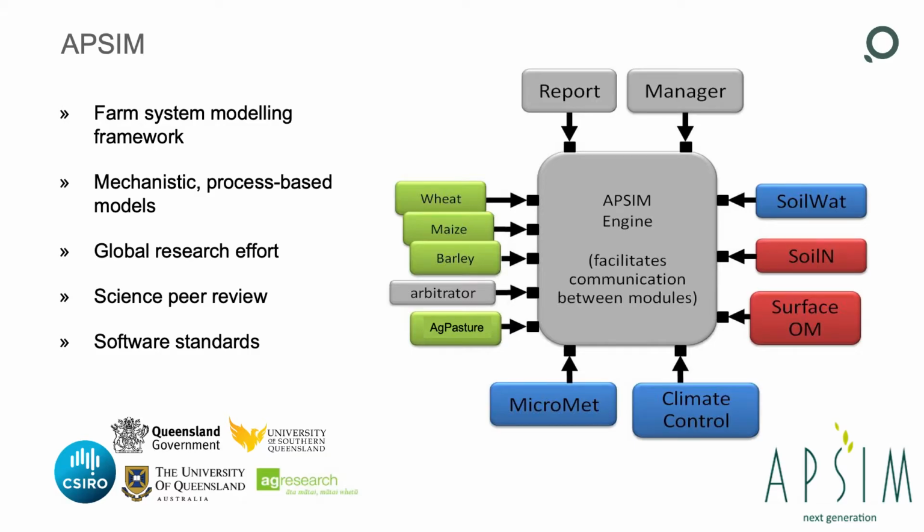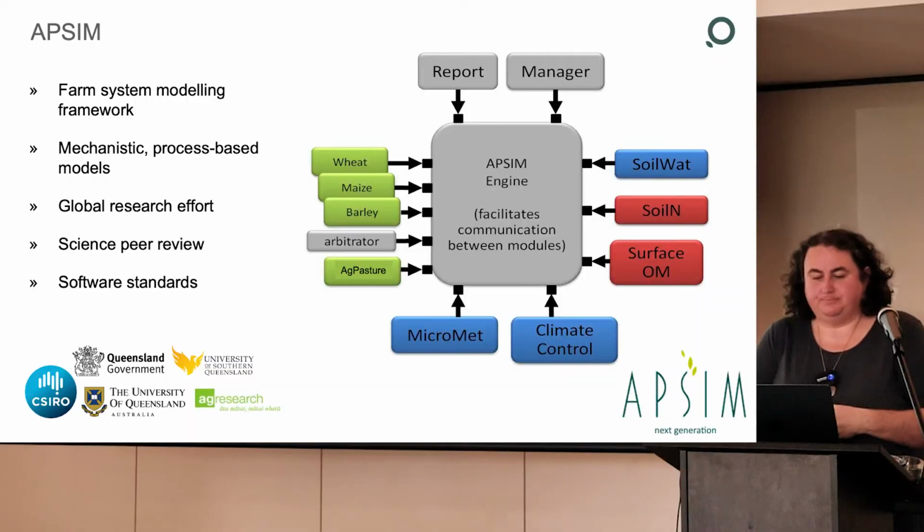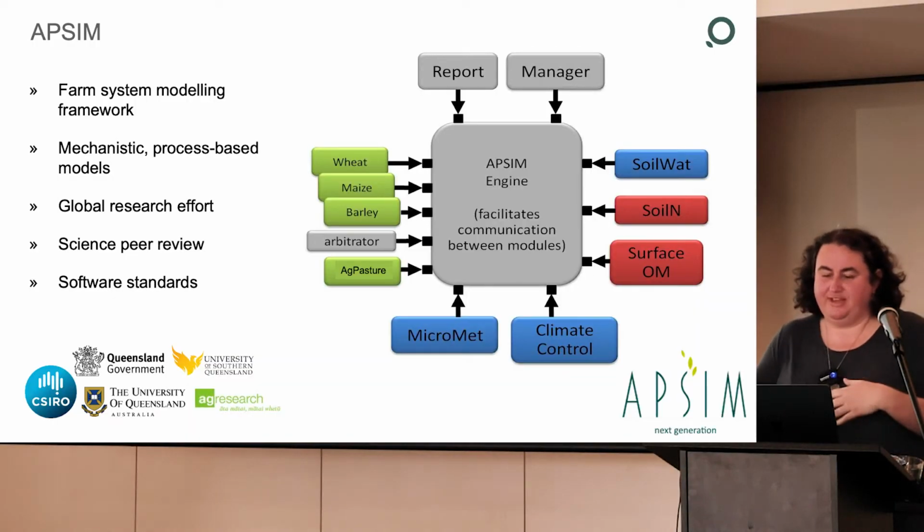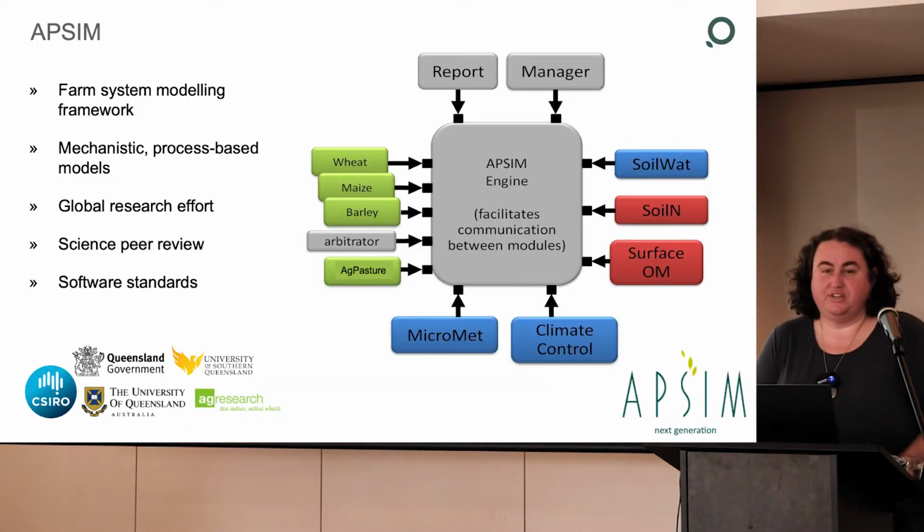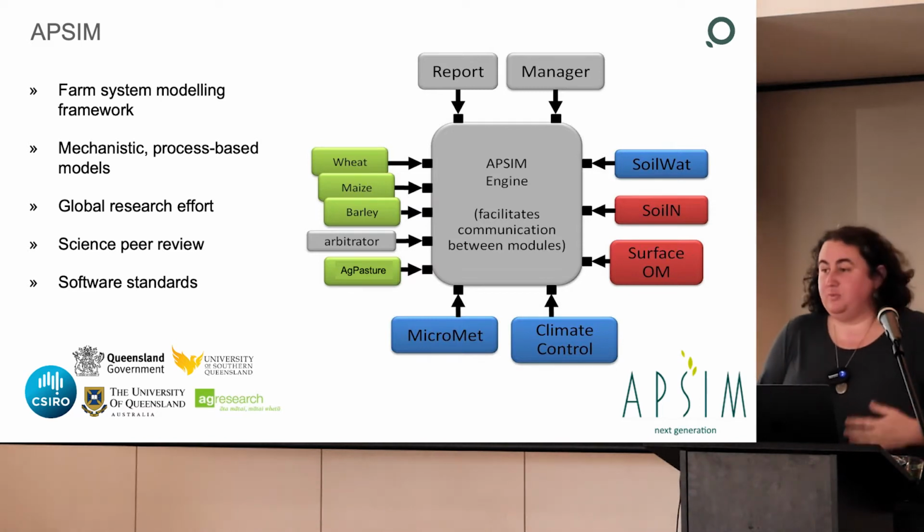So for those of you who aren't familiar with APSIM, I'm guessing a lot of people are, but just in case you're not, APSIM is a farm systems modelling framework developed originally out of CSIRO, Queensland Department of Primary Industries, and the University of Queensland. It now has a much larger consortium. I think I should have updated that because there are some new people in there as well, so there's University of Colorado in there too. It's a large consortium of organisations contributing, as well as Plant and Food.